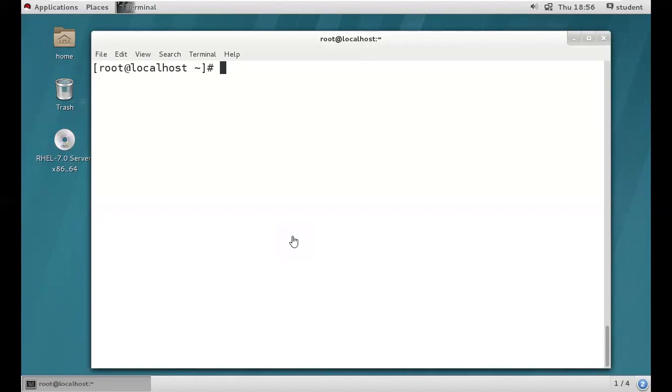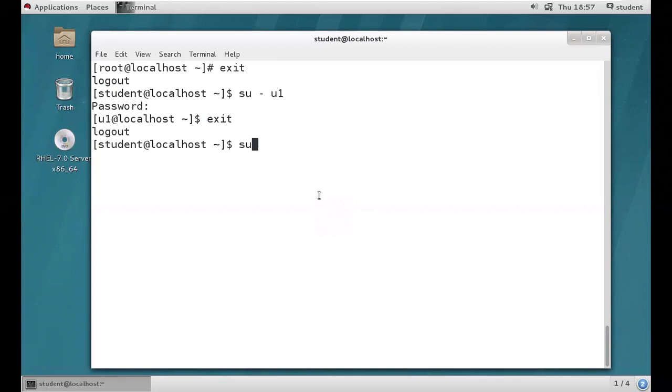Got it? In the same way, we can do this in Linux also. Let's see here. Exit from root and log in as u1 with student. It's asking for the password. I provide the password, but it's not prompting us to change the old password, right? Now I'm assigning a policy for this, and with the help of that policy we are going to change the old password. The user can change his old password from next login onwards.